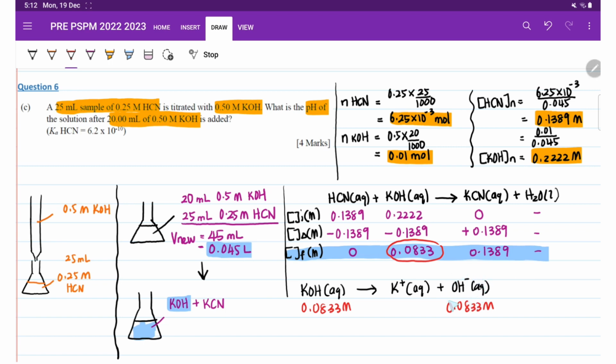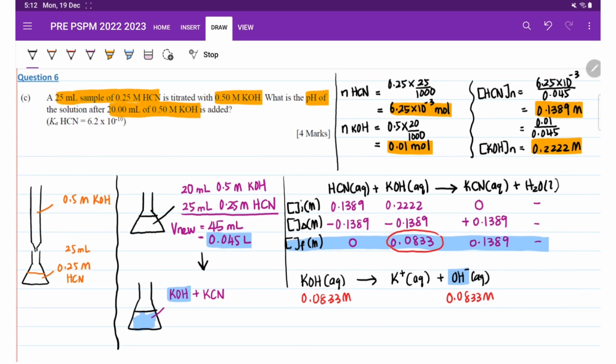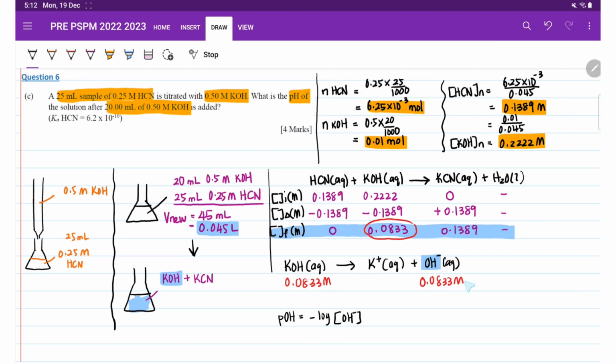But since over here we don't have H+ concentration, instead we have concentration of OH minus. Jadi untuk soalan ni kita kena cari dulu berapa nilai POH. Okay, so saya scroll sikit. So, to find the POH value, so kita tahu POH is equals to negative log concentration of OH minus. So, substitute the value of OH minus over here. So, negative log 0.0833, and you should get the POH as